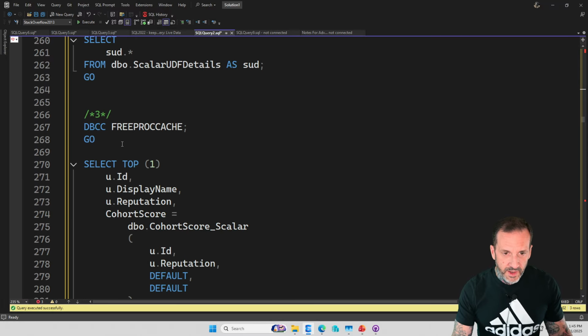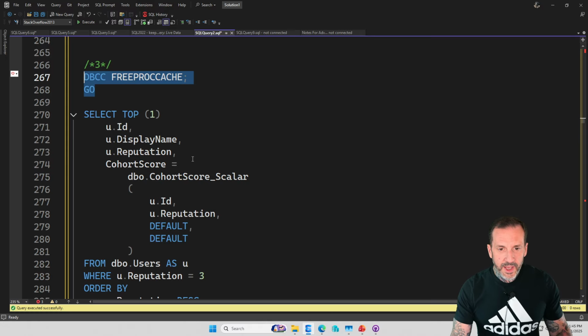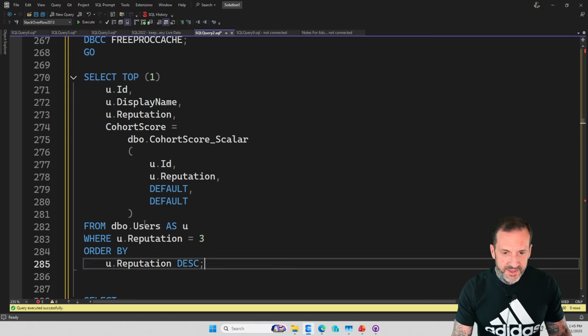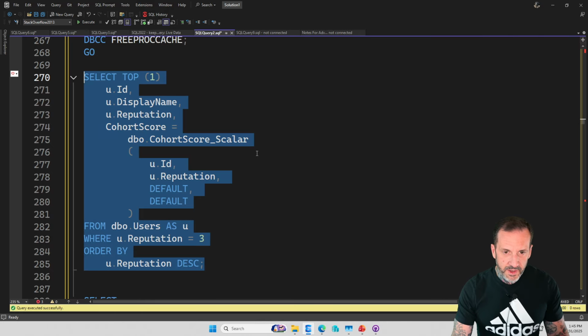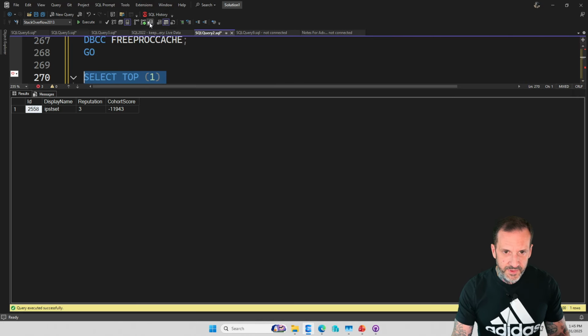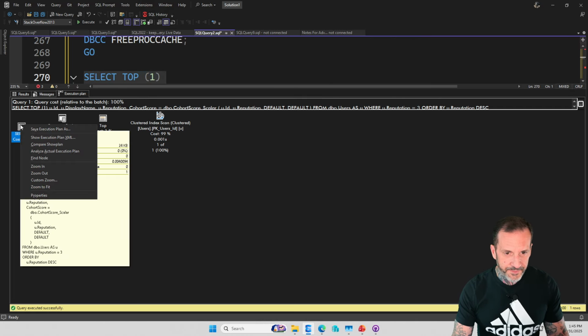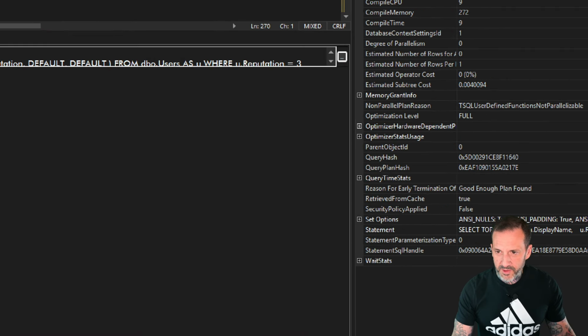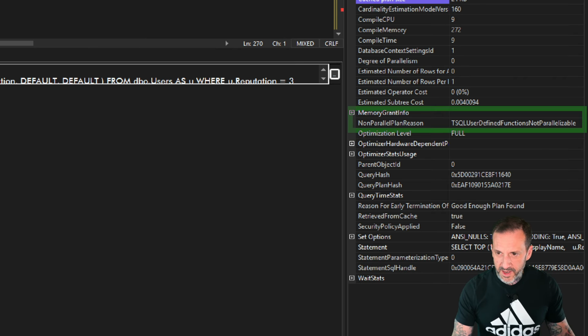Anyway, let's free the proc cache, and let's run this now for reputation 3. Right, so let's run this, and actually we'll turn on query plans for this one. We're going to have an extra execution of this query, but that's okay. If we go to the properties over here, we will have this little thing in the query plan, non-parallel plan